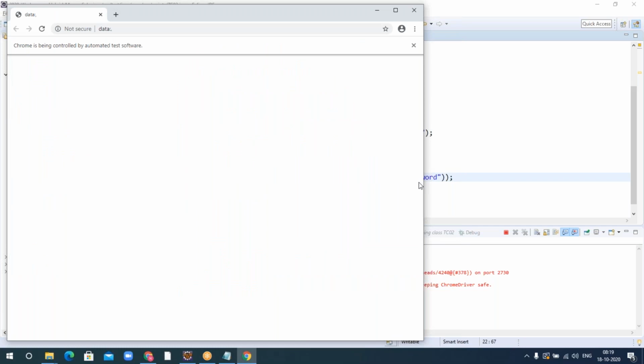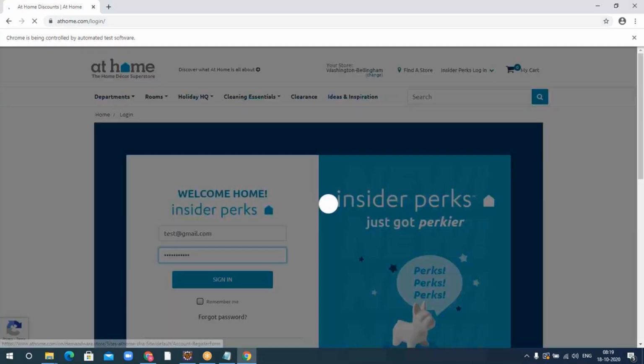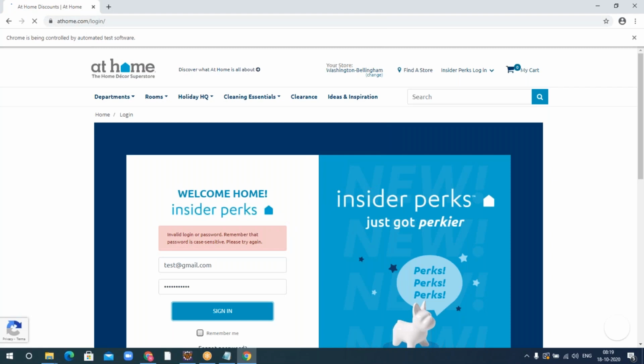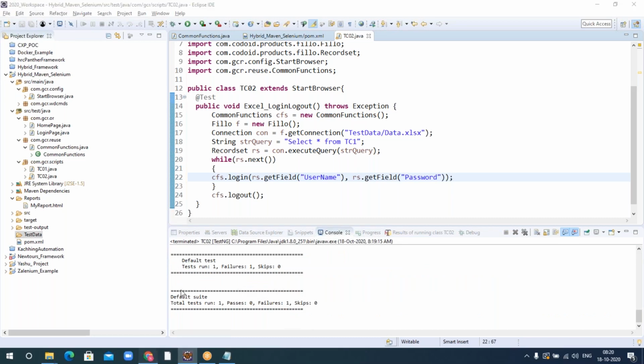So this time, because I have changed it to test at gmail.com, we try to log in with the test at gmail.com, which obviously will fail. Yeah, see it's logged in with the test. Again, it got failed. So we will capture a screenshot of this one, and it will give us a status like mouse out is not happened. But the only thing is here it shows that the login is successful because we haven't. It has to enter. That's it.